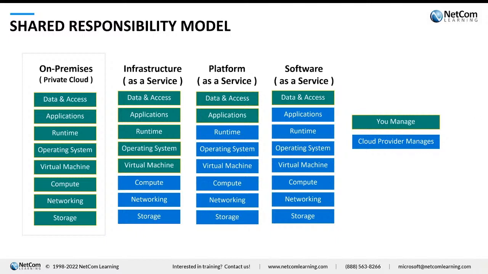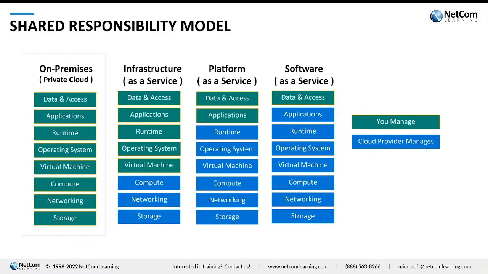Ultimately, it's my job to make sure you can get to that information. It's my job to administer the applications and make sure that they're up and running. It's my responsibility to make sure that runtime is as high as possible, striving for the five nines capability that we keep talking about in the IT industry. I'm responsible for managing and patching the operating system. I'm also responsible for managing and updating the virtual machines. I am responsible for making sure that the computing systems are in place, that the networking is working, and the storage is available. So in an on-premise solution, it's me. I'm it. I am the company IT, right? The company IT, I'm responsible for it.